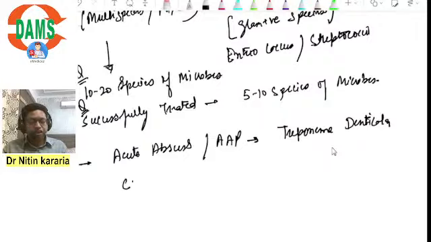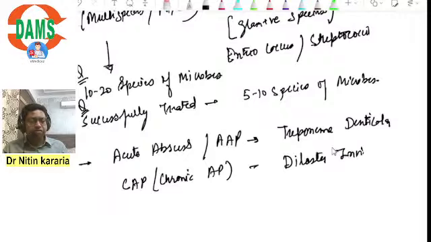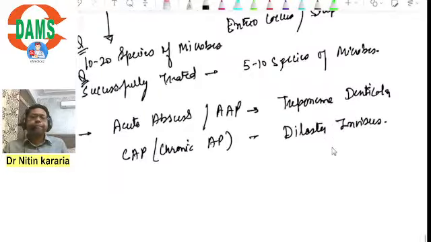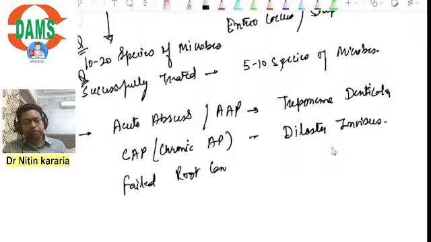In cases of chronic apical periodontitis, it is Dialister invisus. In cases of failed root canals, Enterococcus faecalis